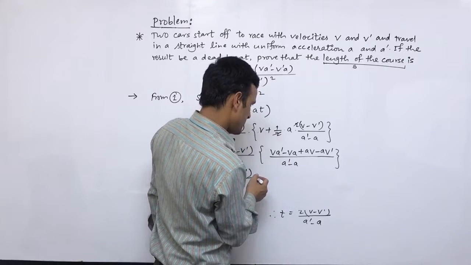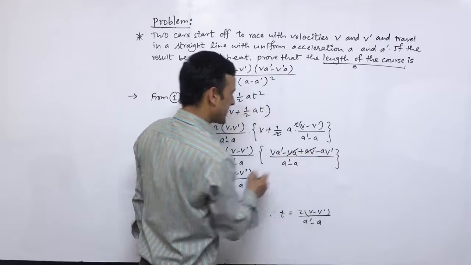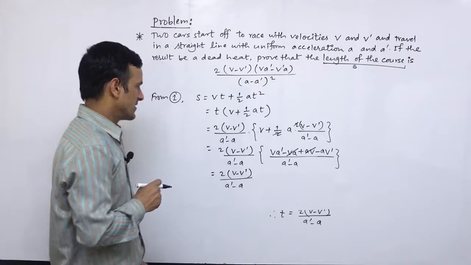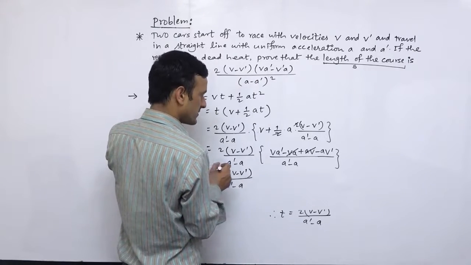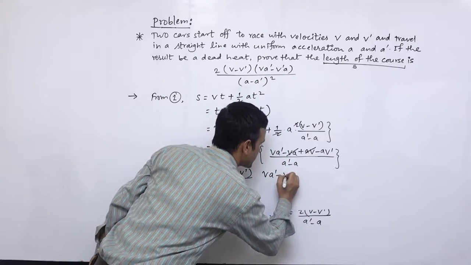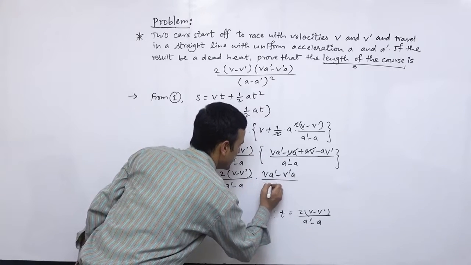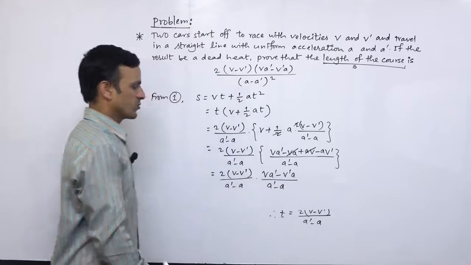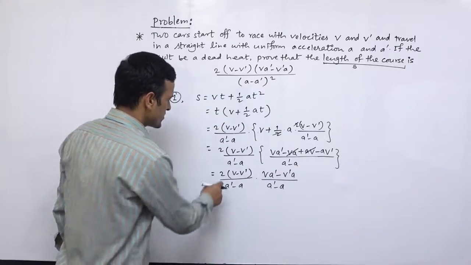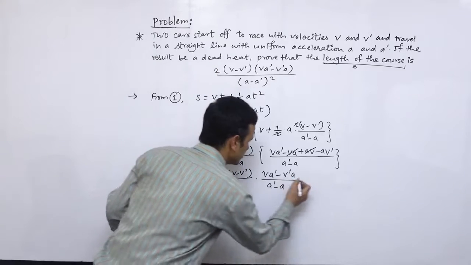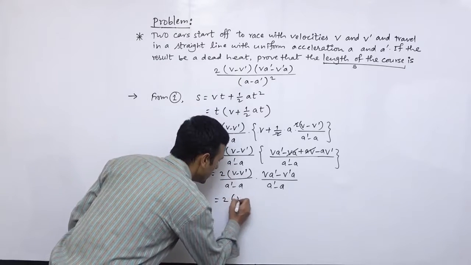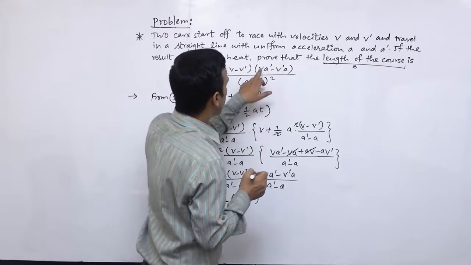So we can write b a dash, b a, b a, this b a and b a cancelled, and from b a dash and minus a b dash we can take out common b a dash minus, so this is similar, b a dash minus b dash a divided by a dash minus a. So now we can arrange the term like this. So 2 is also here, 2 is also here. We have b minus b dash, this is also a term, b minus b dash, and we have b a dash minus